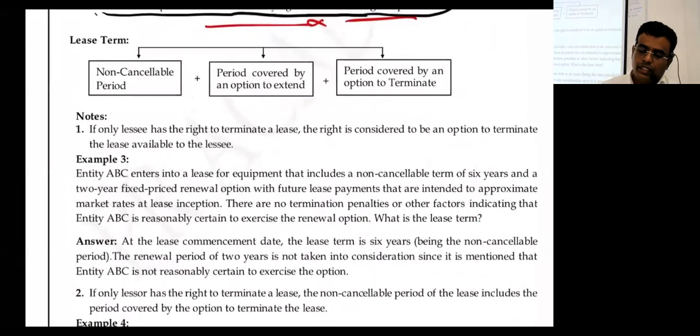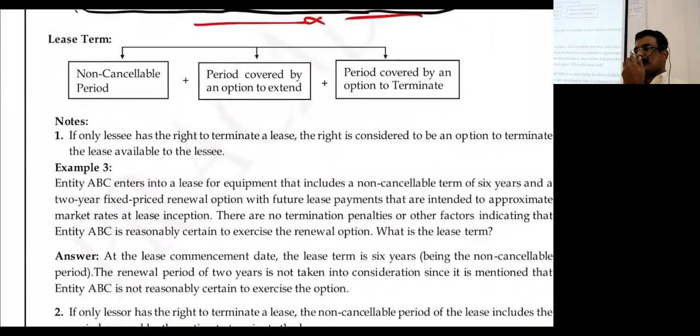Lease term. Since you are not writing anything, you may be getting sleepy also. Make sure that you are not going into sleeping mode even for 1 minute, because it is very important. Whatever I discussed today, without this, can you connect with me for tomorrow's session? What is lease, what is not lease, what is substantive, all these things were discussed today.